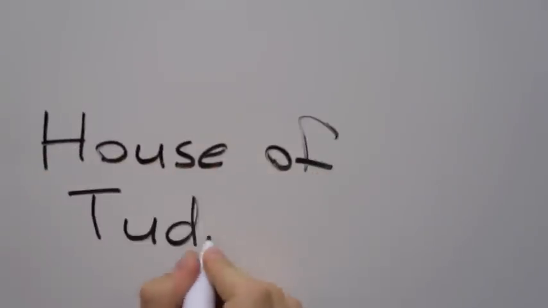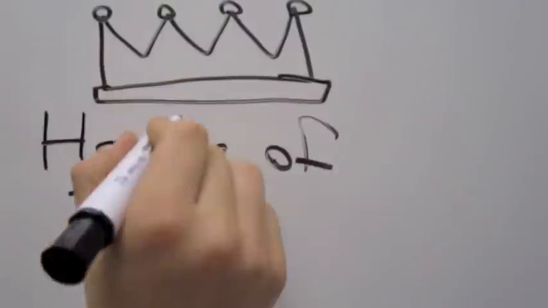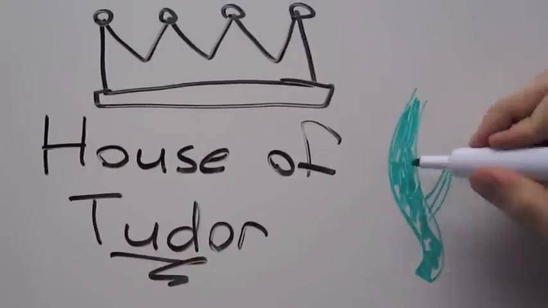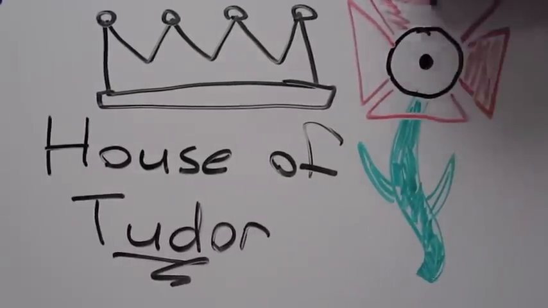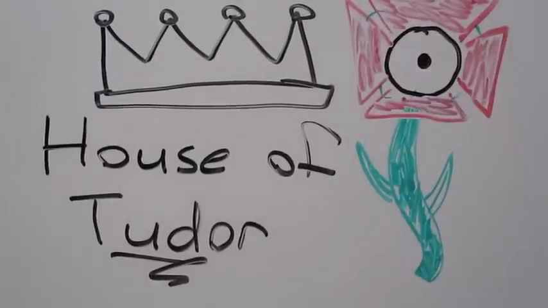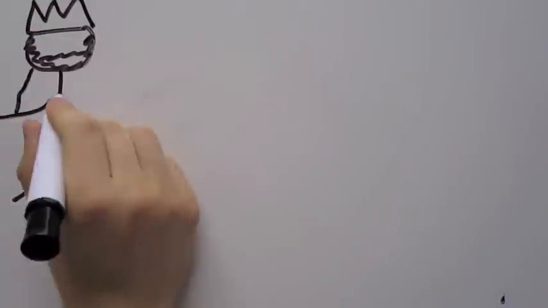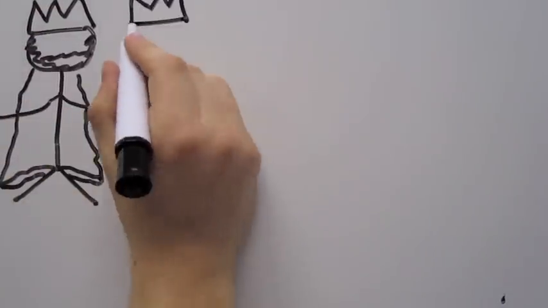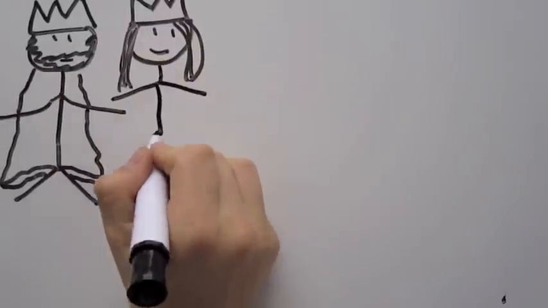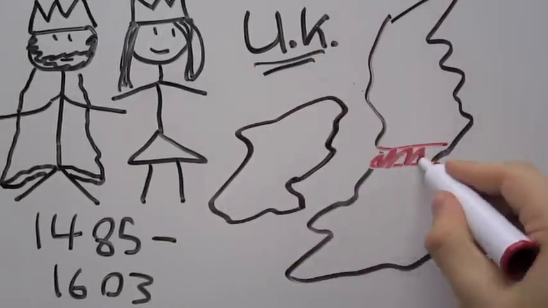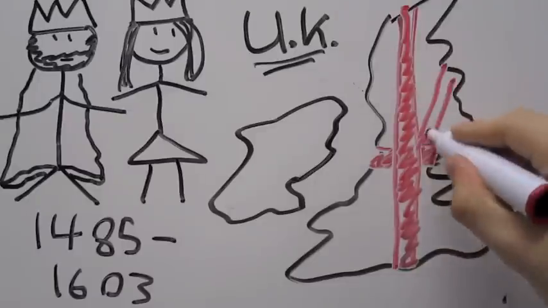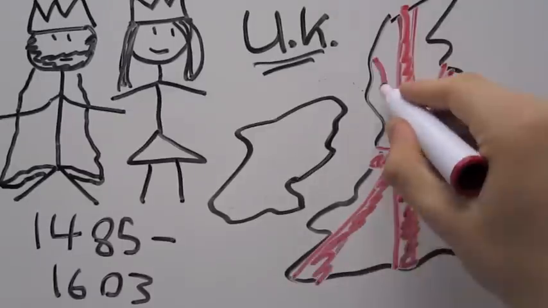Our presentation today is on dynastic consideration and the House of Tudor. The House of Tudor is a European royal family of Welsh descent. Symbolized by the iconic Tudor rose, they are considered to be one of the most influential royal families in European history. There were 5 Tudor monarchs who ruled the Kingdom of England from 1485 to 1603. Their realm included what is today England, Scotland, Wales, Northern Ireland, and the Republic of Ireland.